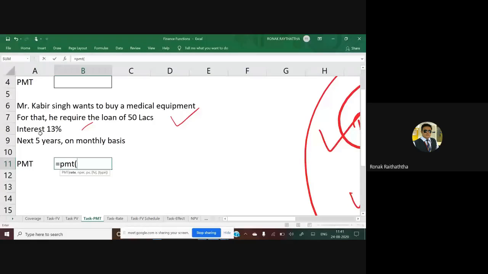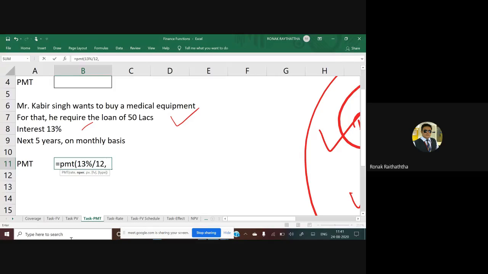The installment is going to be paid on a monthly basis, yes or no? 1.08. Very true. So 13 percentage needs to be divided by 12. Now here in the syntax itself, you can put some arithmetic calculations. So that's the beauty of Excel. Comma. And once you press the comma, you are into the second parameter, and the second parameter is number of periods.